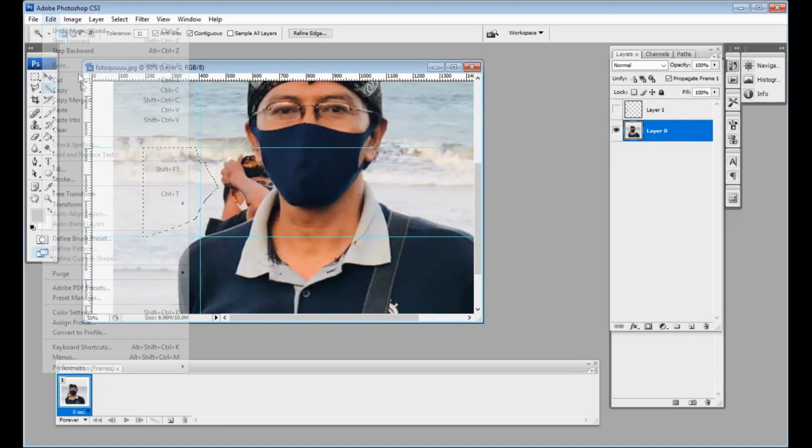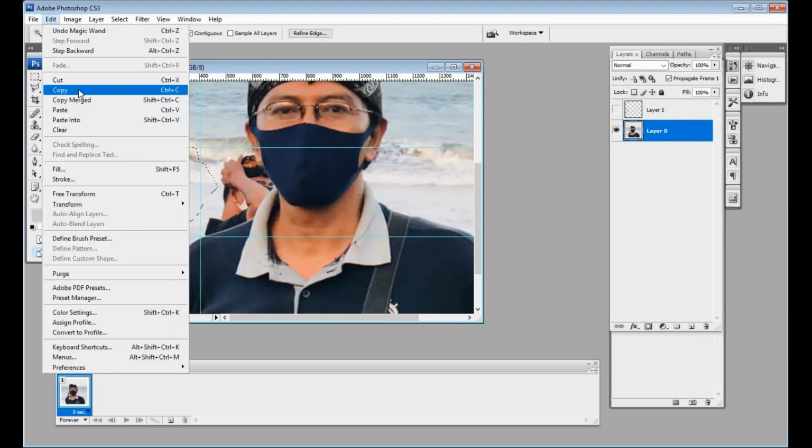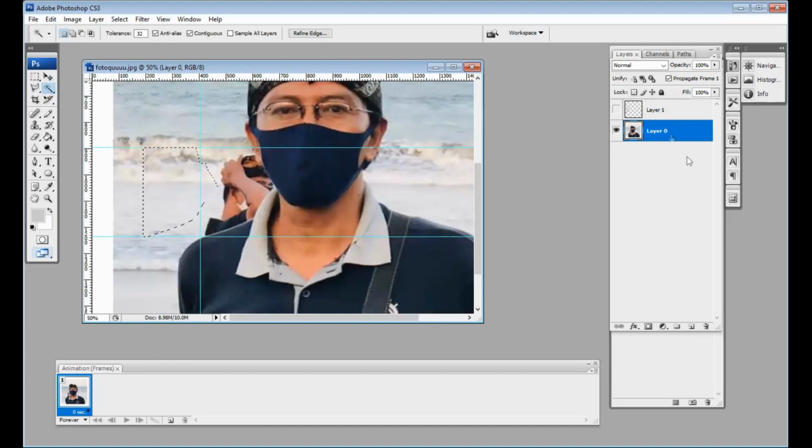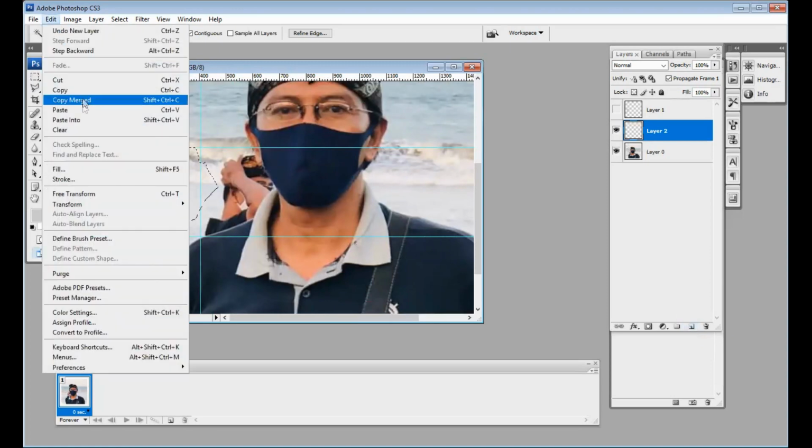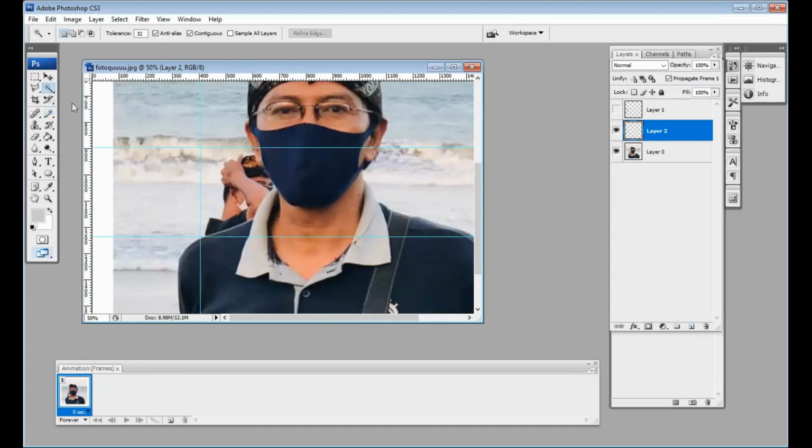I want to copy this area. We can copy this layer on this area, but now I create a new layer and then paste the copy on there. Okay, let's see. Maybe this.